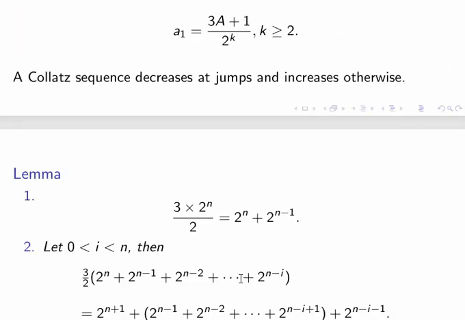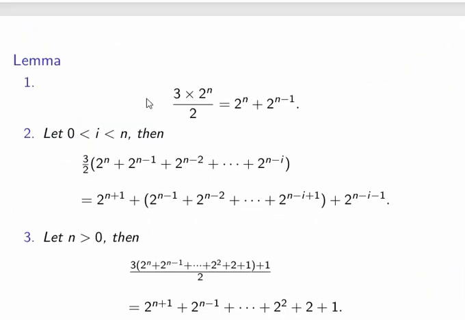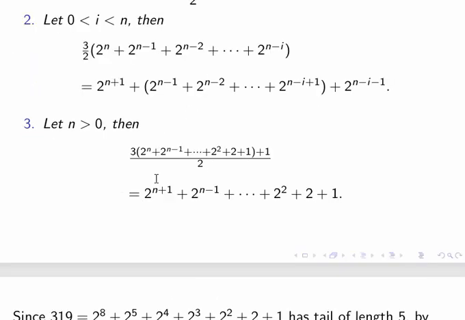The proof of this theorem is not really that complicated. It just involves some rearrangements. So if you look at this, 3 times 2 raised to n by 2 is this. You're just splitting 3 as 2 plus 1. Okay, and you use this to prove this and this to prove this. You can look at the references for this. So what we are doing here is, when we apply the collapse definition on the tail, like there is 3 times tail plus 1 by 2, we get this as the result, right? You see 2 raised to n is missing, and that's why each time the length of the tail reduces by 1.